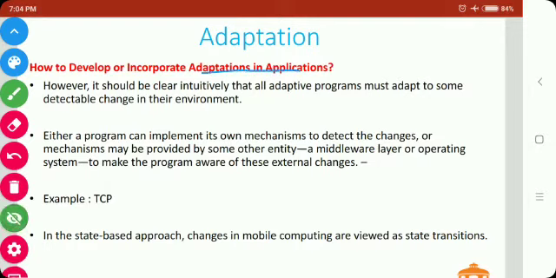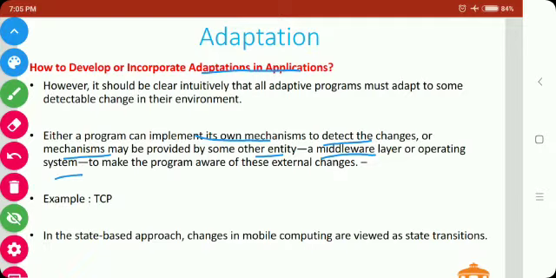So either a program can implement its own mechanism to detect the changes, or the mechanism may be provided by some other entity. The other entity may be a middleware layer or the operating system, to make the program aware of these external changes.